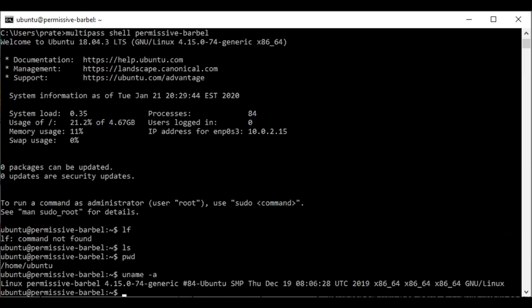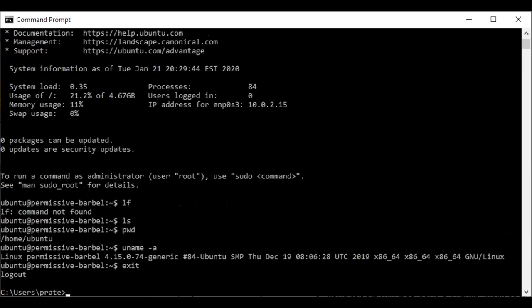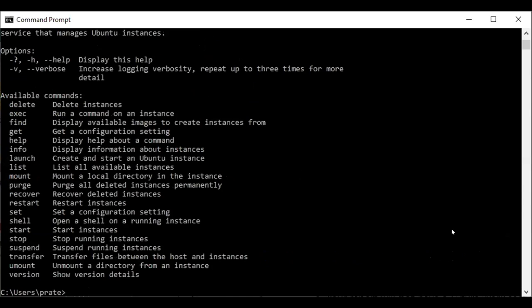So say quit or exit. I've forgotten. And you're back in your thing. Say again the help, so the multipass help. I can't really remember all the options. And then there is one way of starting, not an interactive shell, but running a program on this: exec. See this thing? So now you say multipass exec, and then space, and then you say now here